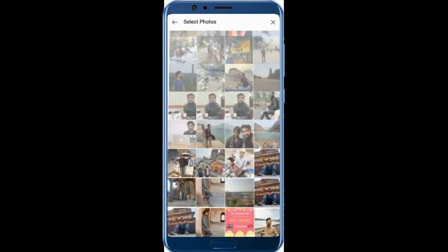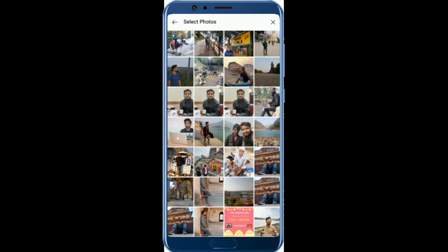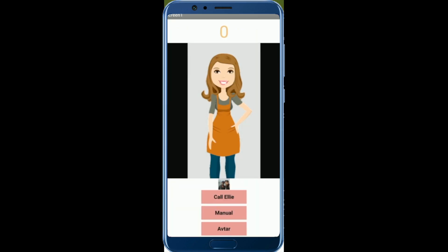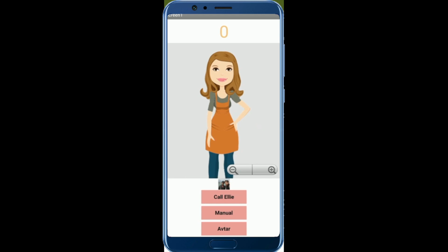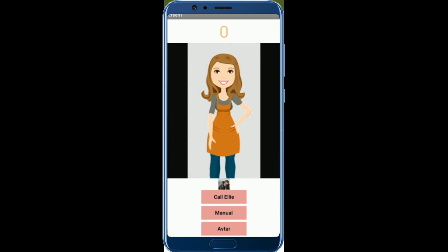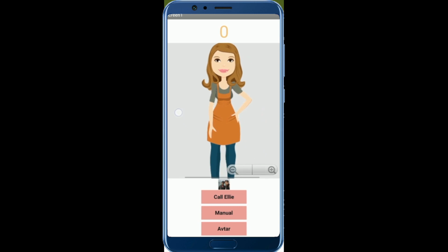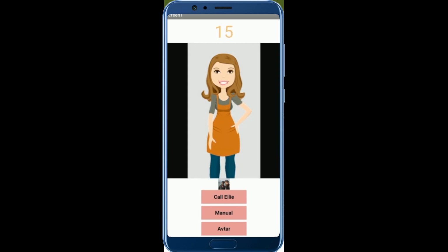Yes, image. Opening gallery. See, that's your gallery here. So you can add any image here. So let me just put one image, that one. Do you want to send this email now or later? Later. So at what time should I send this email? 20 seconds. Let me just complete that 20 seconds. Then after this it will send the image.